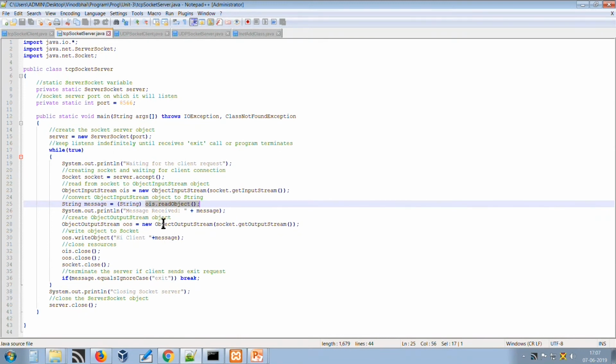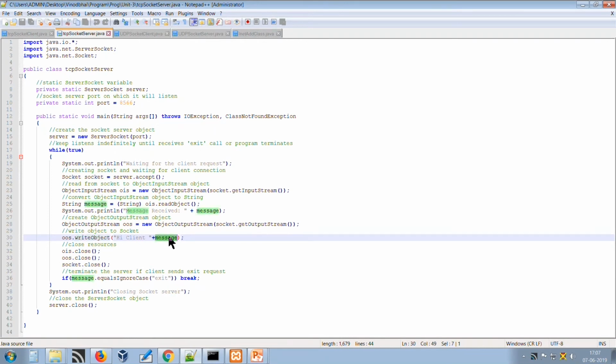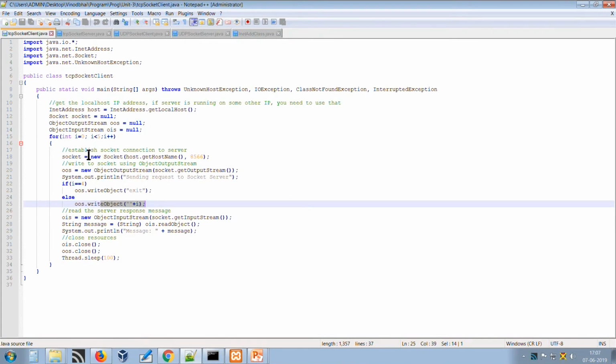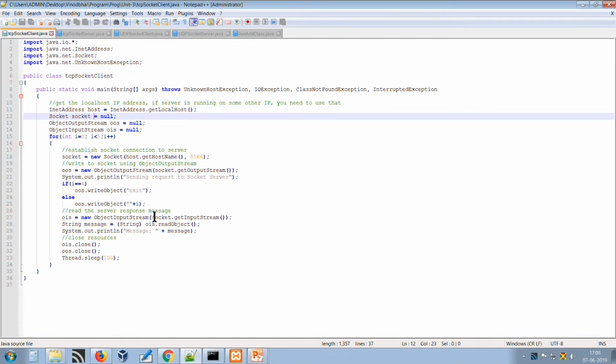And then once again it writes the same instance back to the client as the response using the writeObject method. So, we have simply used the input stream and output stream from the client to read the variable from the for loop and send it to the server.